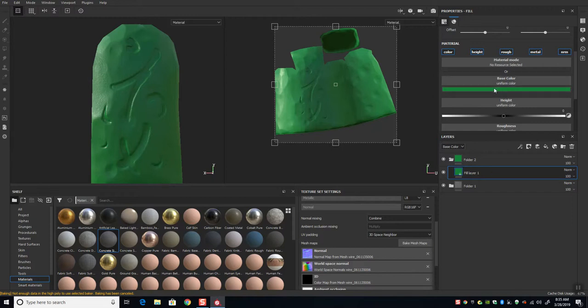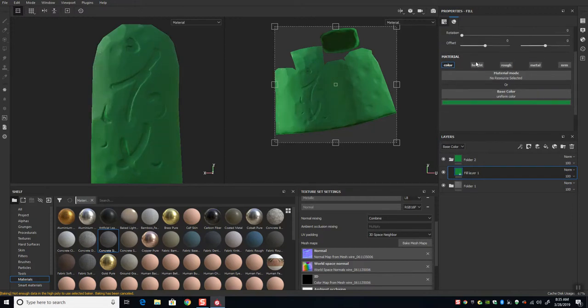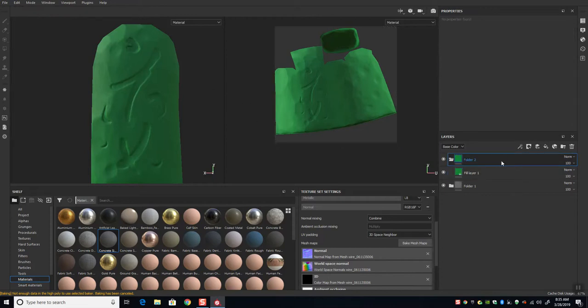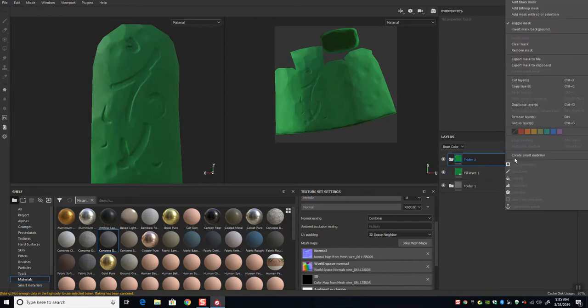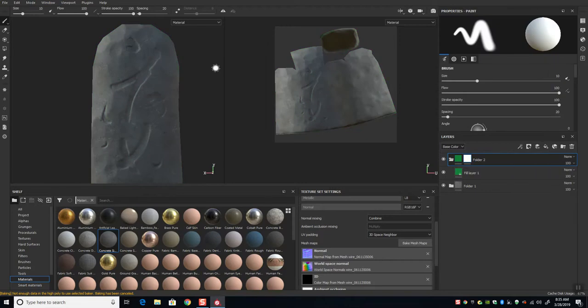And with the fill layers, you can actually set them so that they control specific things. Do you want it to control the normal or not? You could turn that off. Do you want it to control metal, roughness, or height? All I really want to do is just add some color. So what I'm going to do is right click here on the folder and say add black mask,